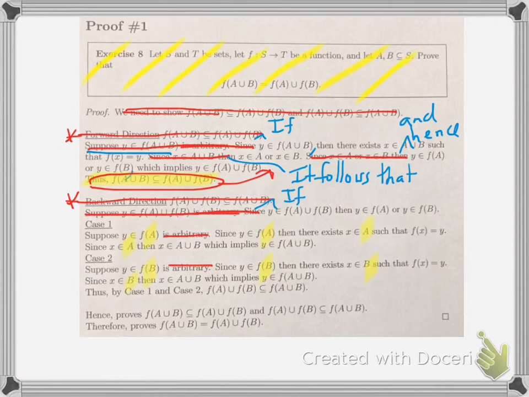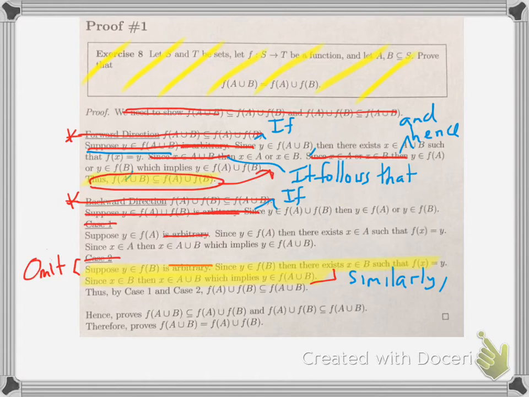So, a couple things we're going to do. So first, we're going to get rid of these signposts. Second, assuming that the first half is true, well, then the second half will also be true. So we're going to take all this and we're going to omit it. Now, you have to say something, okay? You can't just show one half, but what you can do is argue that similarly,